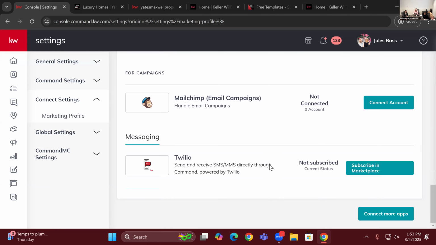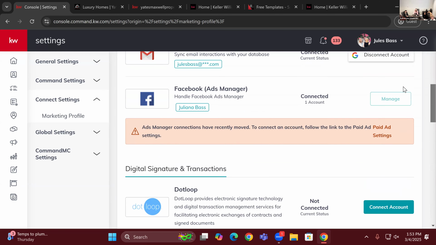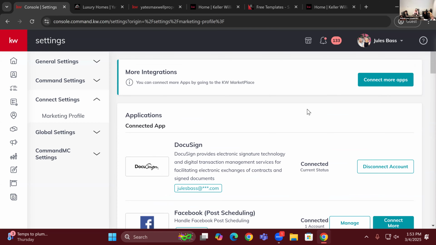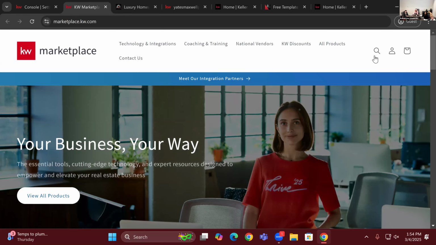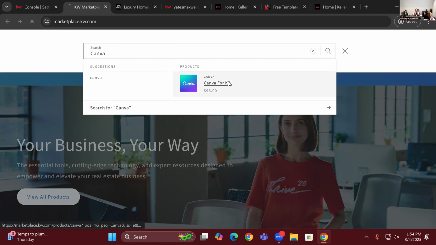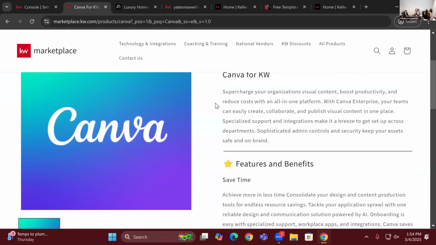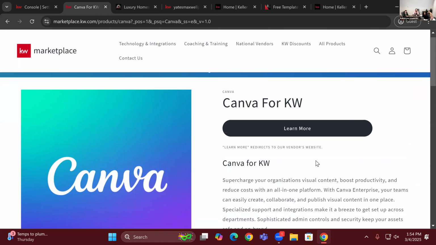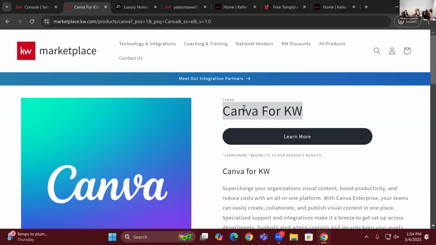All right, so those are the apps in here that I would recommend. Just a heads up, it's kind of like an iPhone in the sense that Command comes with apps automatically in here. You can search for more apps in the marketplace with this icon here. The main thing I want to show you is that in the marketplace, there's so much in here, it's kind of overwhelming. But just a heads up, as a KW agent, you do get a Canva discount for the first year. I think it's usually $120 for the year and you get a 20% discount as a KW agent. So if you are thinking about using Canva, you do get a discount in here.